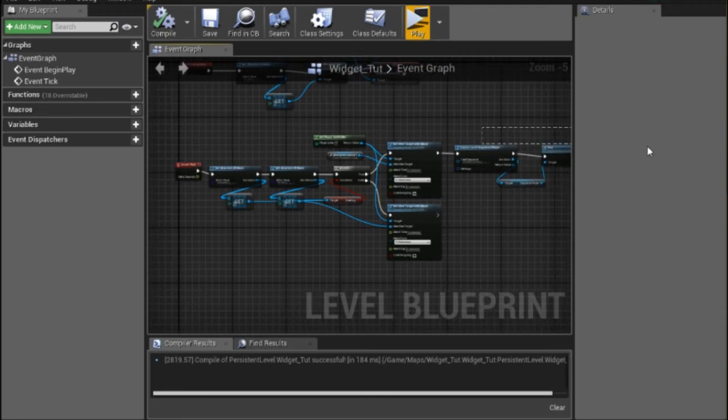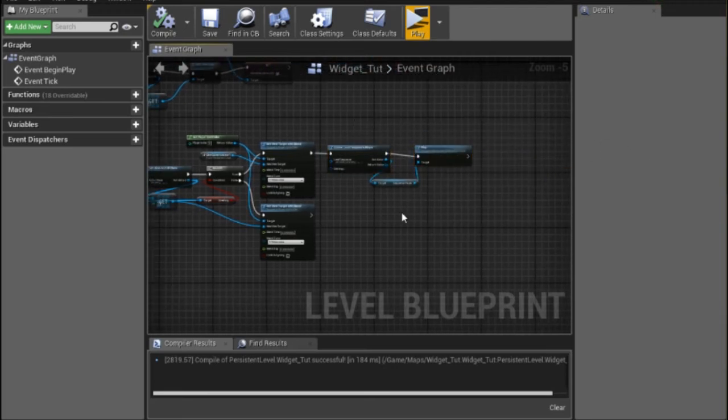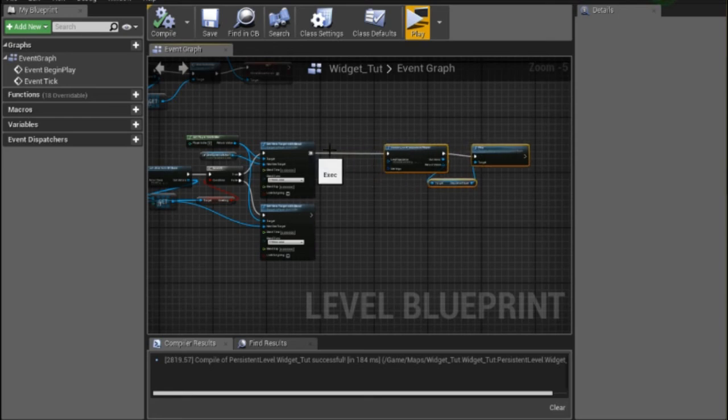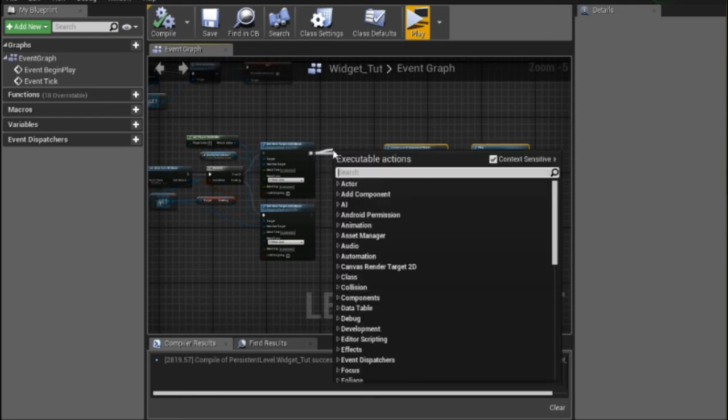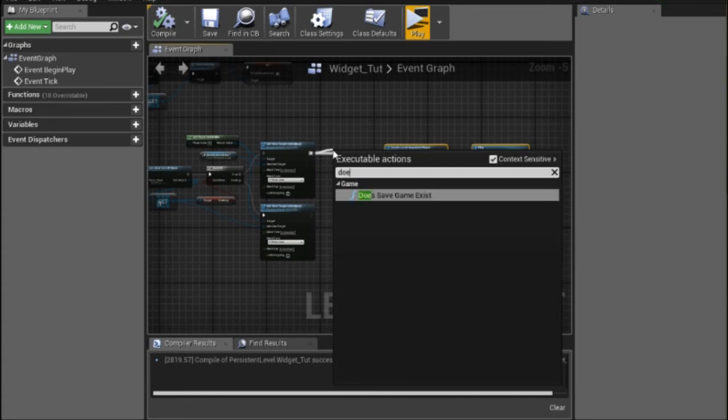So what happens now is we start this sequence player over and over again. We have it in a very fast loop, and the level sequence can't even play like this. So for this we have a very simple function we can use that is called